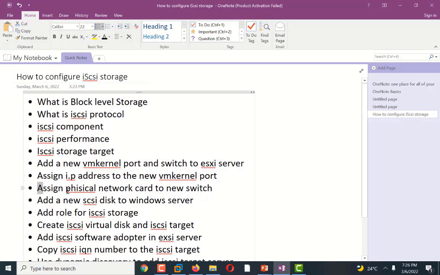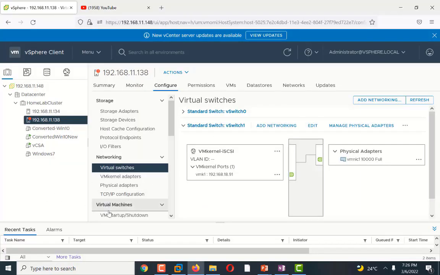So I will add a software HBA card on my host. For adding a software adapter card, you must go to the configure storage, and in storage you have an option of storage adapter. Here we have an option to add a software adapter.